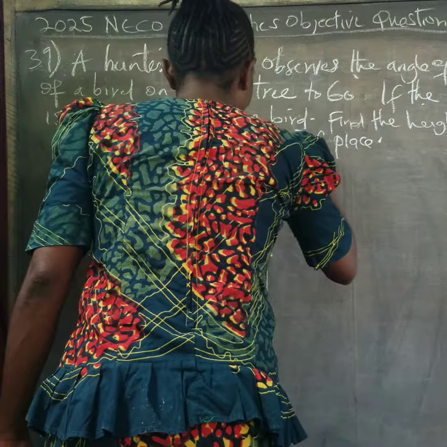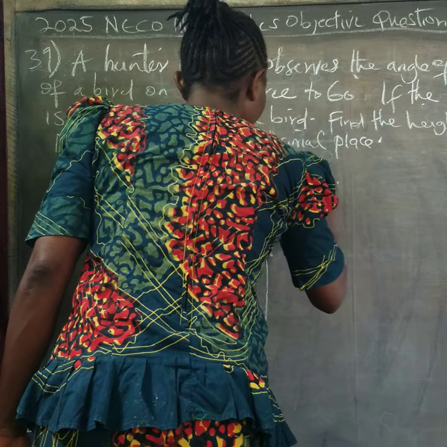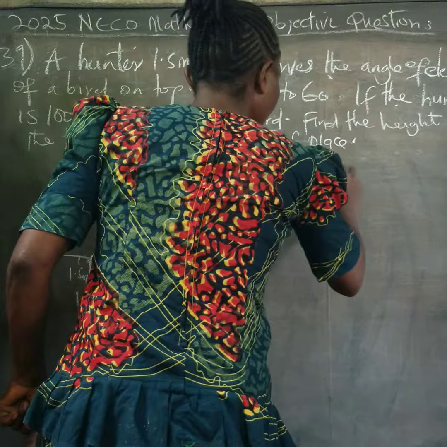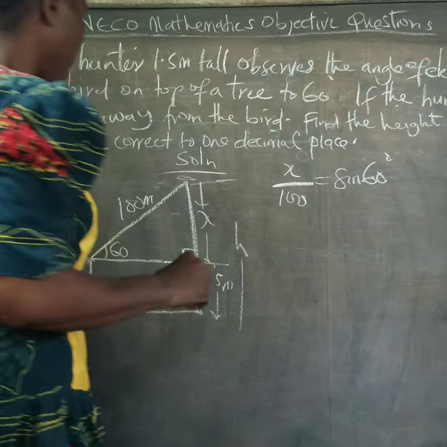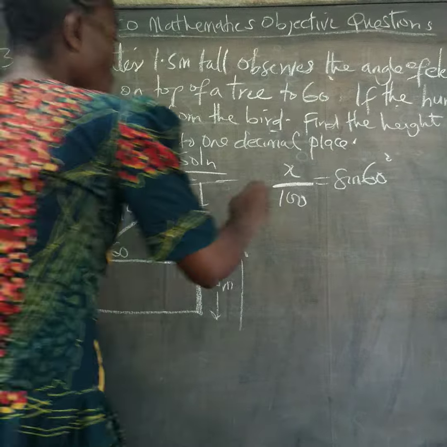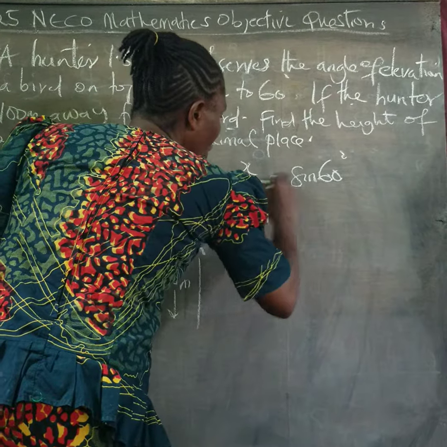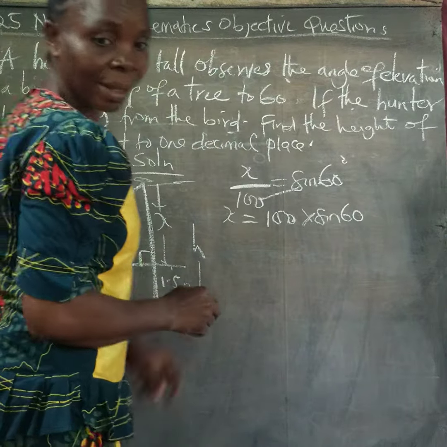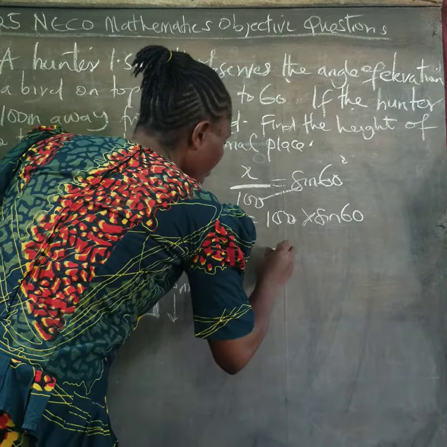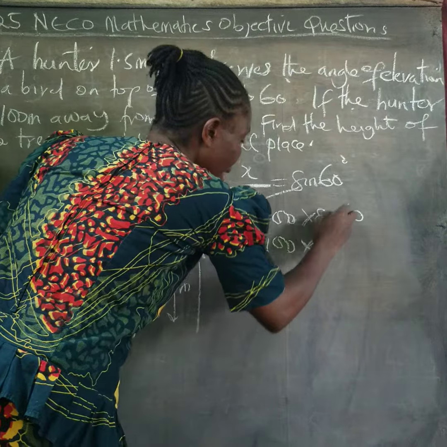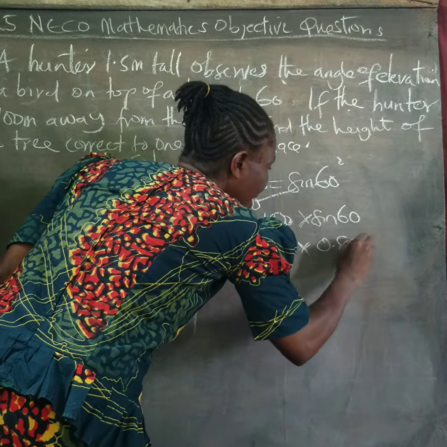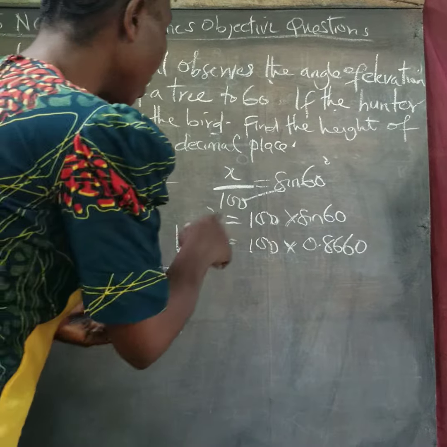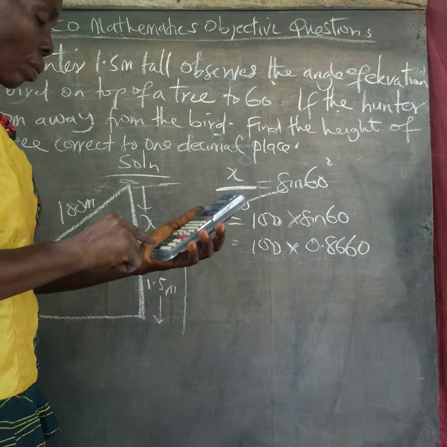So I will say X all over 100, this side. Opposite over hypotenuse is equal to sine 60 degrees, the sine of this angle. So X is now equal to 100, I cross multiply, 100 times sine 60. Now sine 60 will simply give us 0.8660. So if I multiply this by 100,